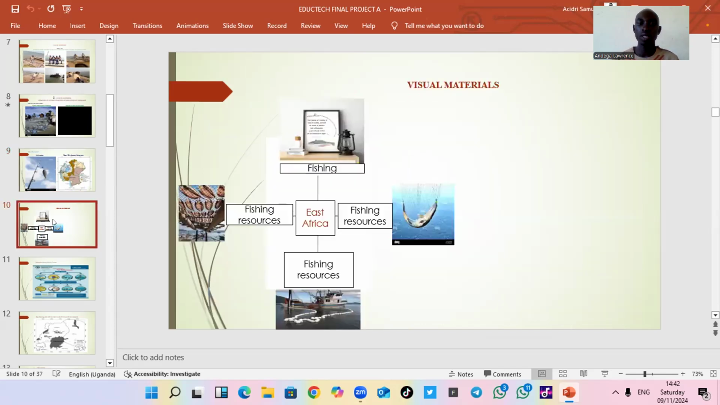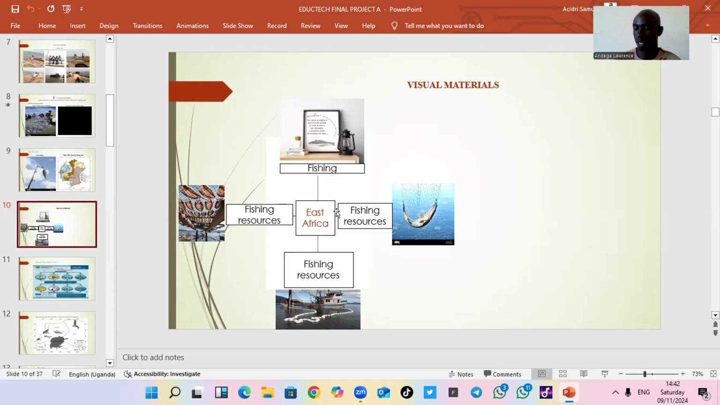So those are characteristics of my learners. Now coming to what we are basically here for, I have so many visual aids that are to be showcased or exhibited in these subtopics. For subtopic one, which is talking about the definition of fishing and fisheries resources in East Africa, I have these